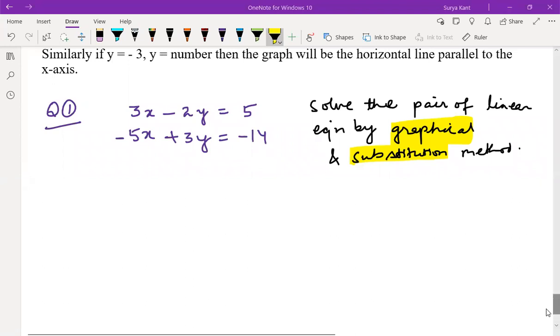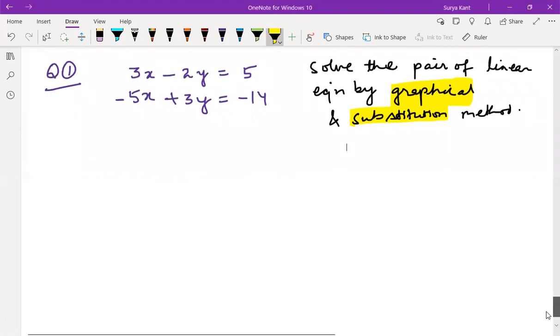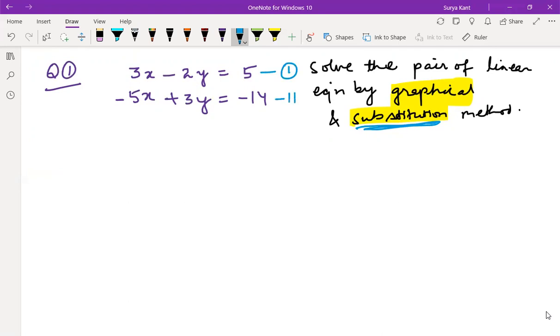Is it clear, children? The graphical method I'll teach here. First you find the substitution method. All of you know you can do the substitution method, right? Tell me. Yes, sir. Sir, can you please explain that as well, because I was absent for the last class. So you were absent. Okay. Children who can do it, they can do it by themselves, and who are having doubt, you can just check over here.